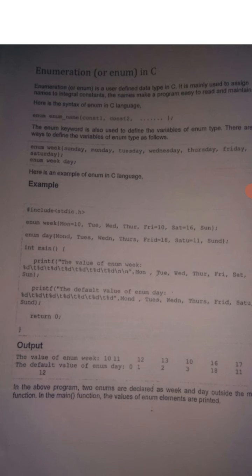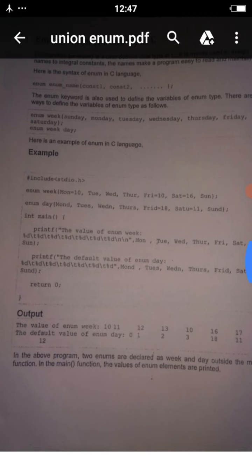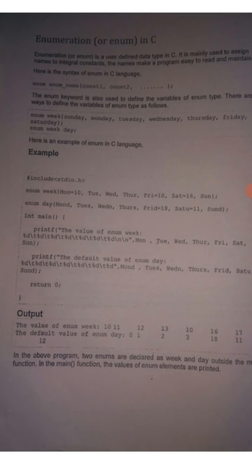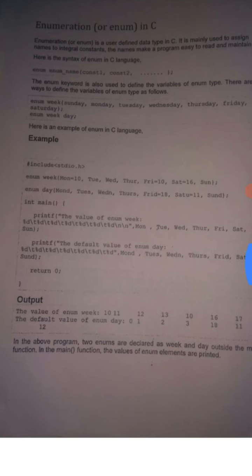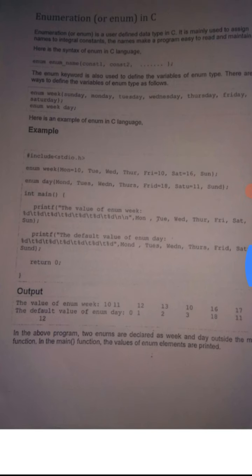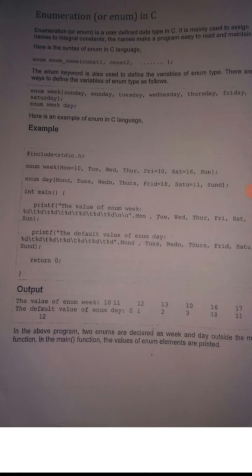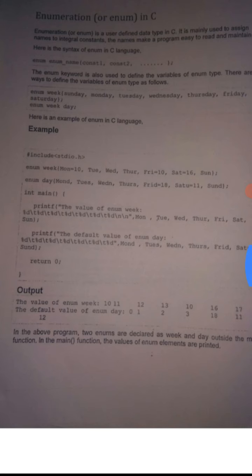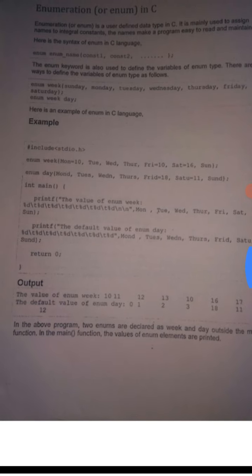#include <stdio.h>. enum week { Monday = 10, Tuesday, Wednesday, Thursday, Friday = 10, Saturday = 16, Sunday }; enum day { Monday, Tuesday, Wednesday, Thursday, Friday = 18, Saturday = 11, Sunday }; int main() { printf("The value of enum week: %d\t%d\t...", Monday, Tuesday, Wednesday, Thursday, Friday, Saturday, Sunday); printf("The default value of enum day: ...", Monday, Tuesday, Wednesday, Thursday, Friday, Saturday, Sunday); return 0; }